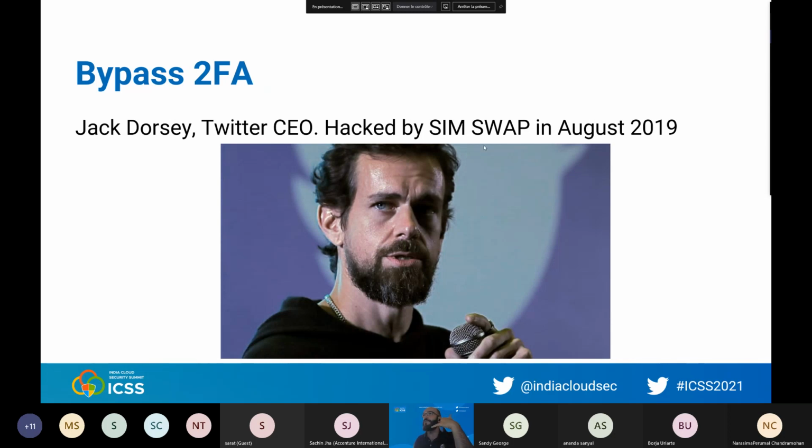They just did it by phone, and it worked because the mobile operator was not really secure. And because of that, they just bypassed the MFA. So having just MFA is not 100% secure. It's really 99% secure in comparison to just having a password, but it's not doing all security, okay?